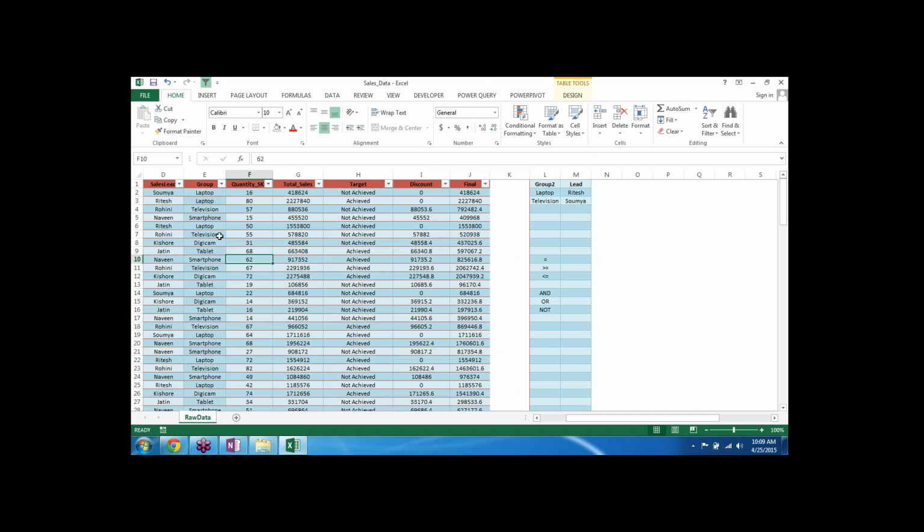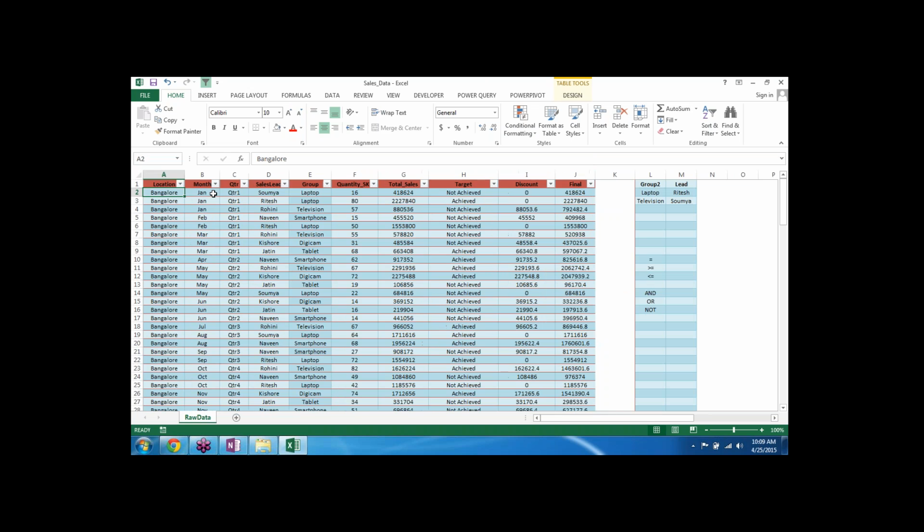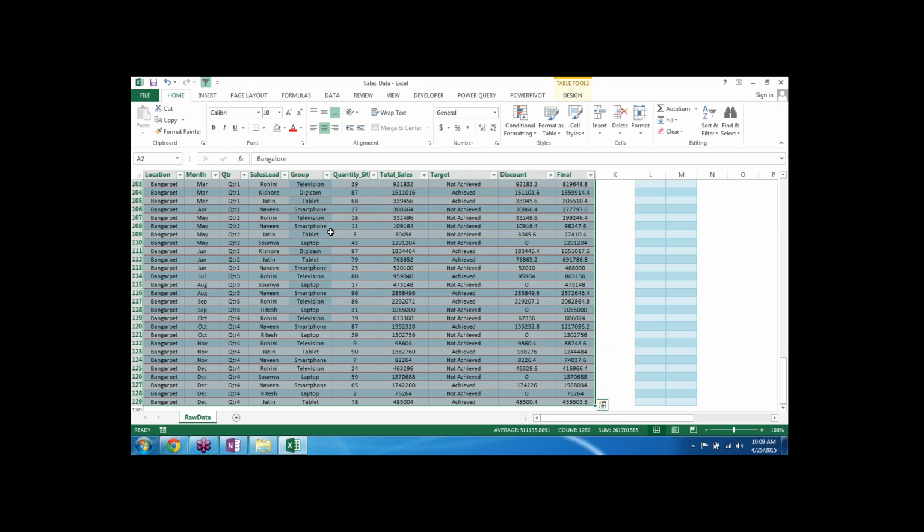First of all, I clear off the formatting. Then, instead of selecting only that particular cell or column, I would suggest that you select the entire data, leaving the record header, and then start applying conditional formatting.